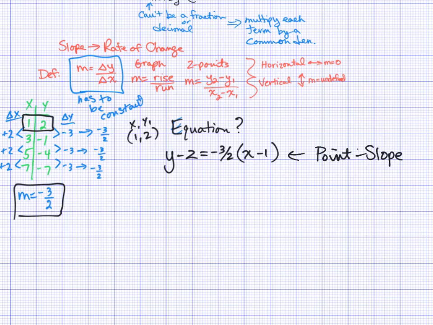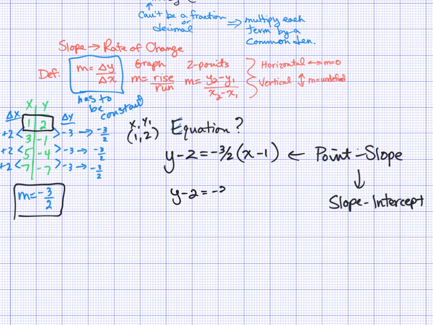But what if we wanted to know what the y-intercept was? Point-slope form doesn't tell us. So how do we go from point-slope form to slope-intercept form? Well, it's just a little manipulation here, just like a literal equation. Essentially, what we want to do is just isolate our y, right? So I'll tell you what,